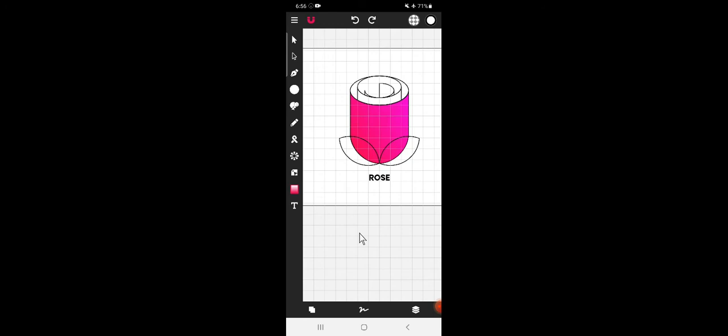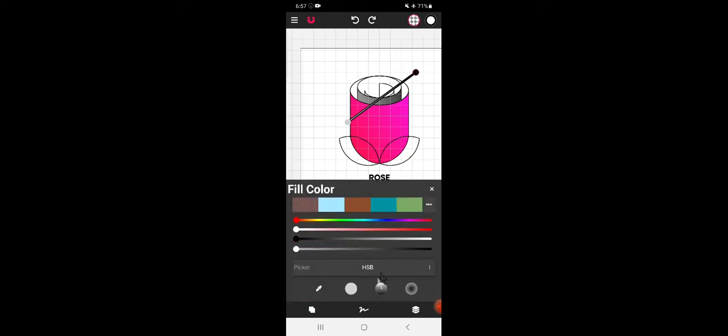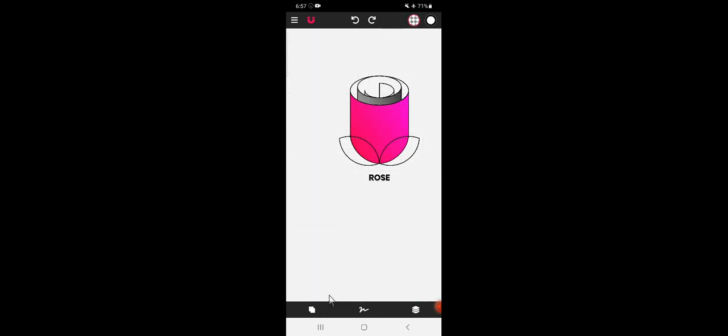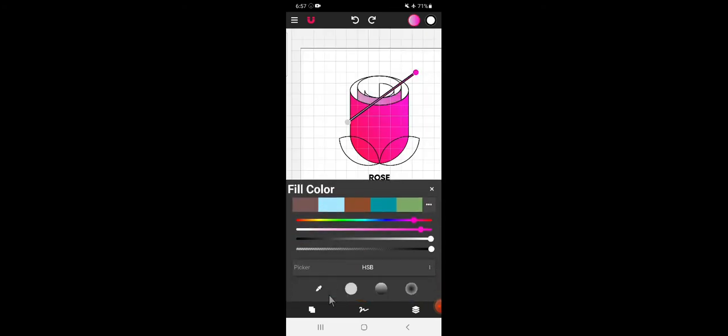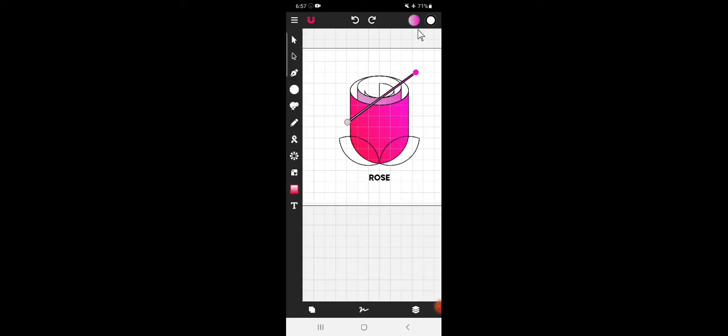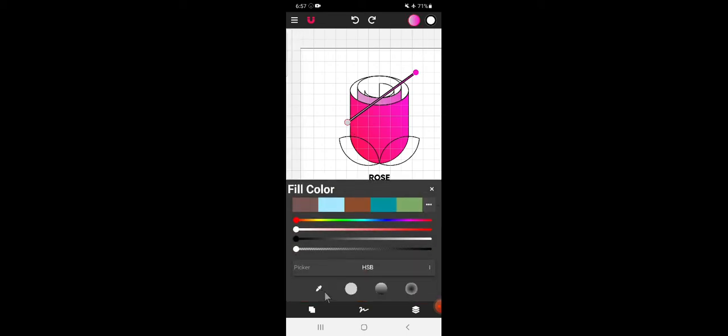Similarly, you can color the other parts. Use this particular tool, then select that particular area which you want to color, then tap on the gradient option, and here select this, go to this, select the color picker, tap on this, select this point, go to this, and take the color picker and tap on this.